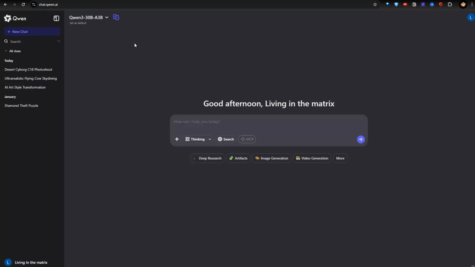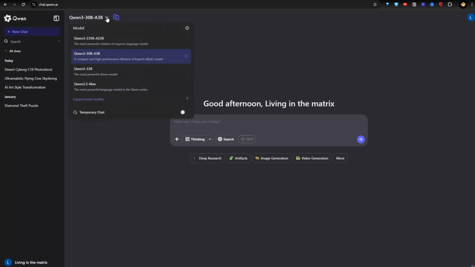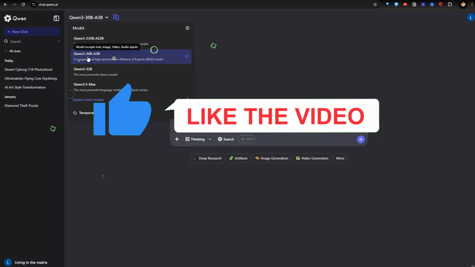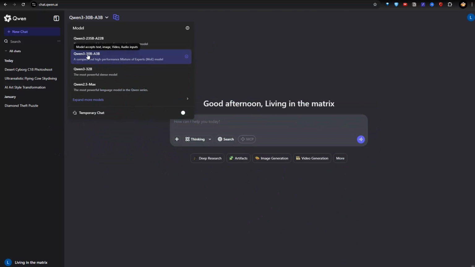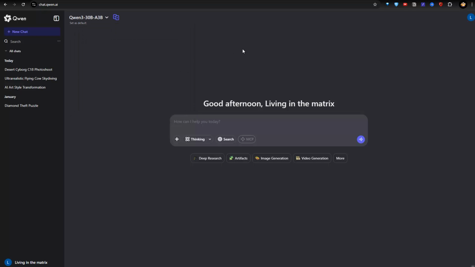As soon as you sign up, you can do this via a Google account, for instance. You can then simply create a new chat in here, and you can also select the different kinds of models, and there are also the new models, which in this case is this Qwen 3 here, and also this Qwen 3 here and this one here. So I'm using the most powerful one, the 30 billion one, but you can also choose other ones. And the interesting thing here is that you can also use the thinking mode, you can also search the internet, also MCP. This is coming soon, as you can see here. Currently this is not available, but it will be in the future. And of course you can also do additional things.